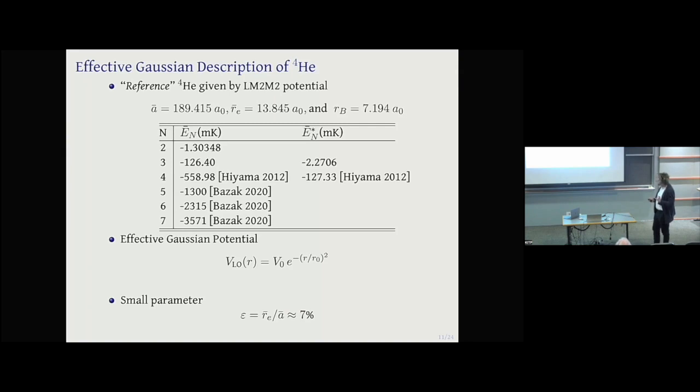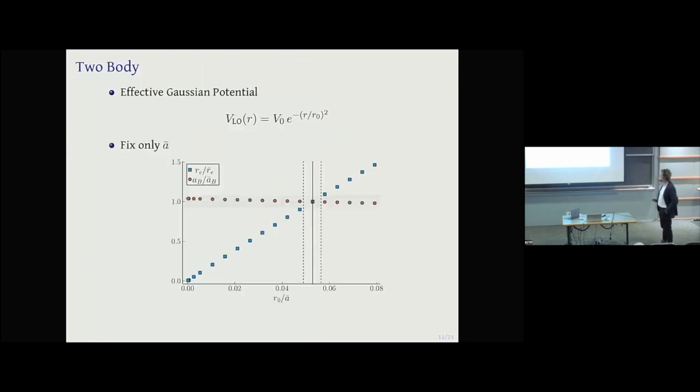And when I say linear order, it's because in my idea I have a small parameter, which is the ratio between the effective range and the scattering length for this particular atom, which is 7%. So in my idea I want to describe the systems with errors of the order of 7%. But when I say I want to describe the systems, I don't want to only describe the two-body system. I want to describe the n-body system with this precision. So